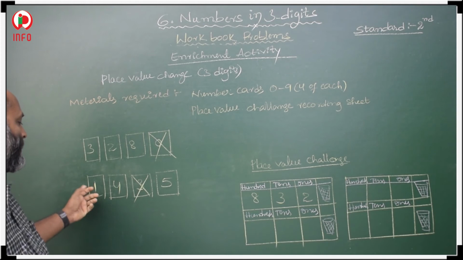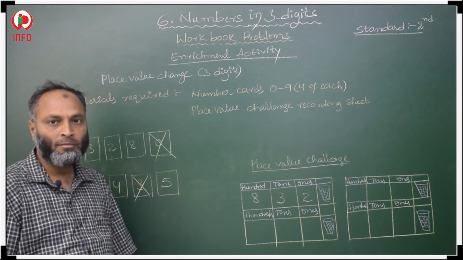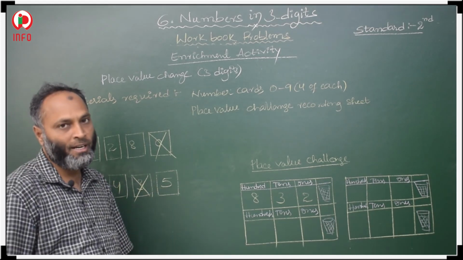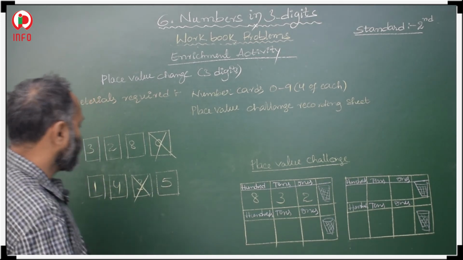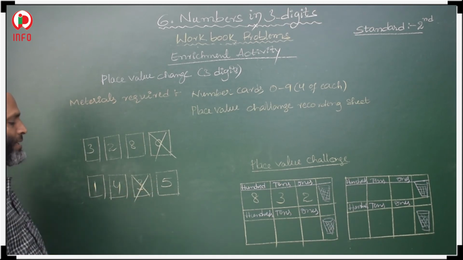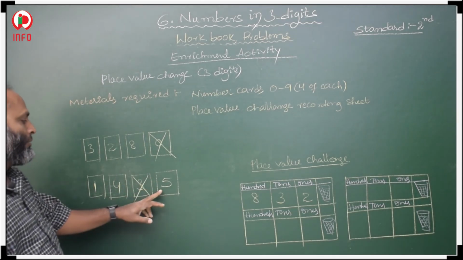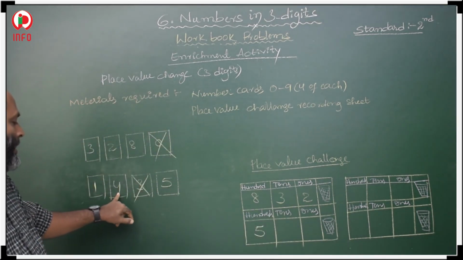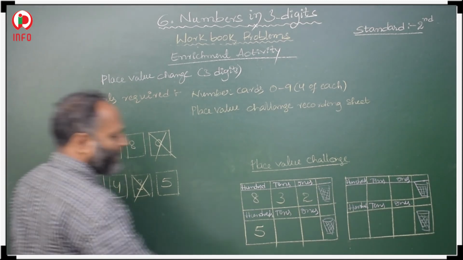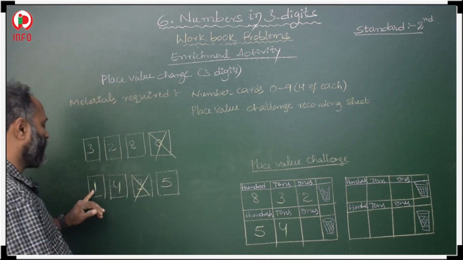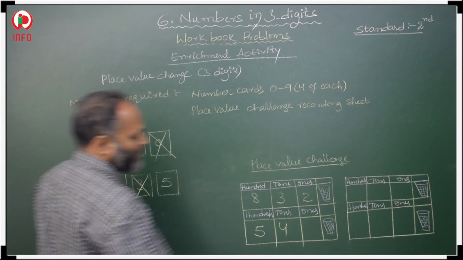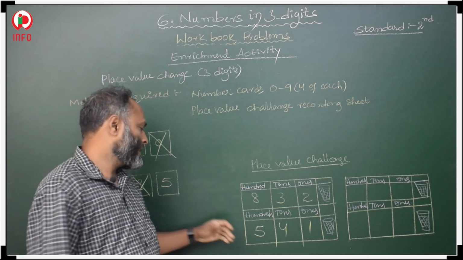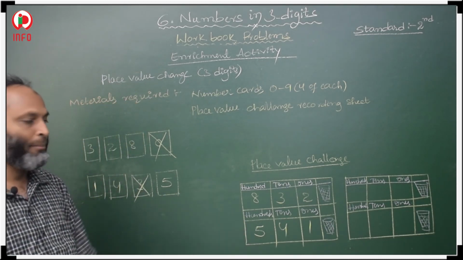Okay. Now using these 3 cards, not 4 cards, 3 cards, 1, 4, 5, we have to prepare a greater number. Then how to prepare? In these three, we have to see which one is bigger first. 5 is bigger, that we have to write in the hundreds place. Then less than this 5 is 4, that we write in the tens place. And the smallest, the very smallest, is 1, so that we write in the ones place. Okay. Like this, using these cards we can prepare a greater number.